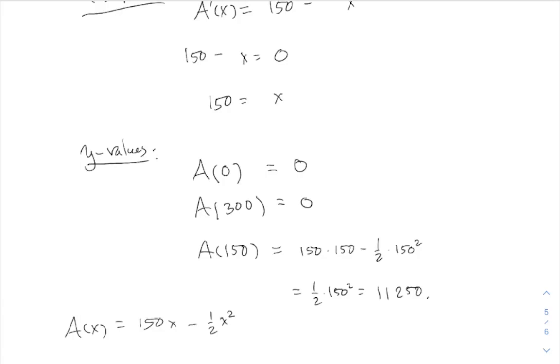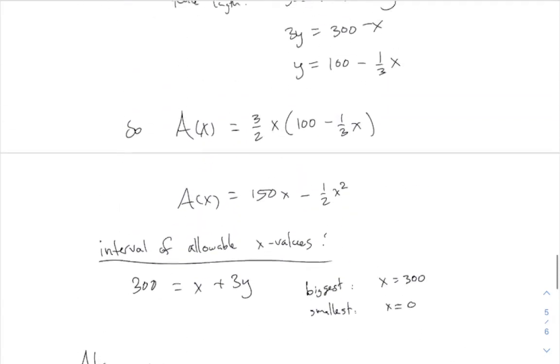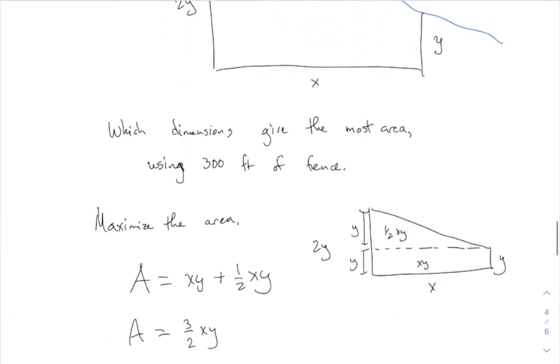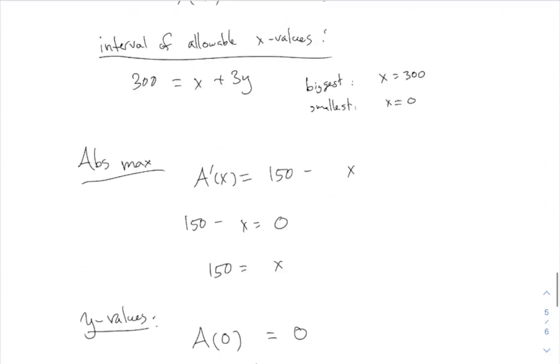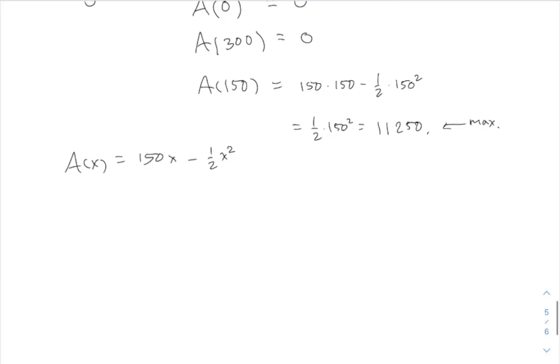Anyway, that's the maximum, right? You can tell that's the maximum because the other two are 0. So this is the maximum. All right, we're pretty much done. I don't remember what the specific question was at this point. It says, which dimensions give the most area? Okay, so the dimensions, the most area